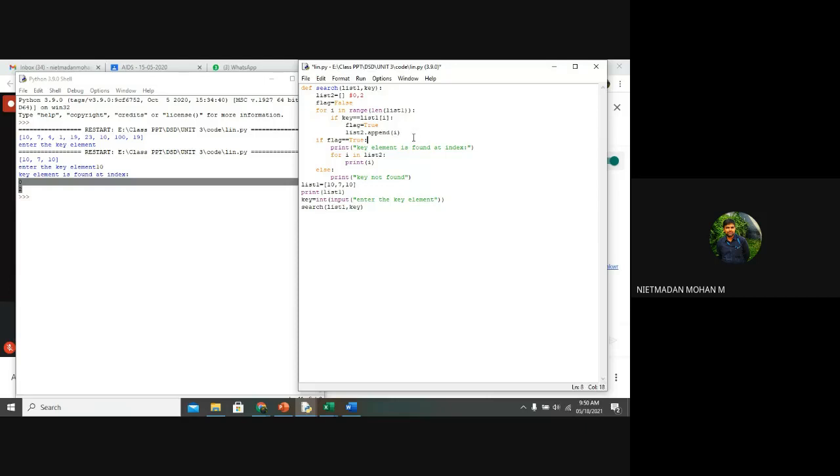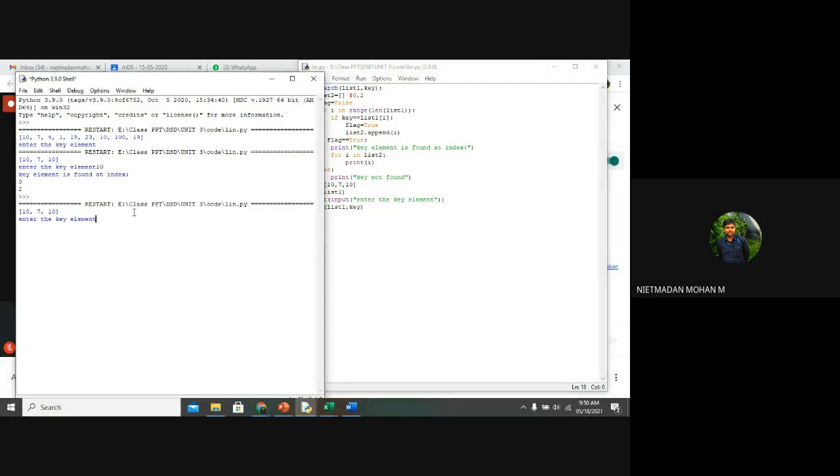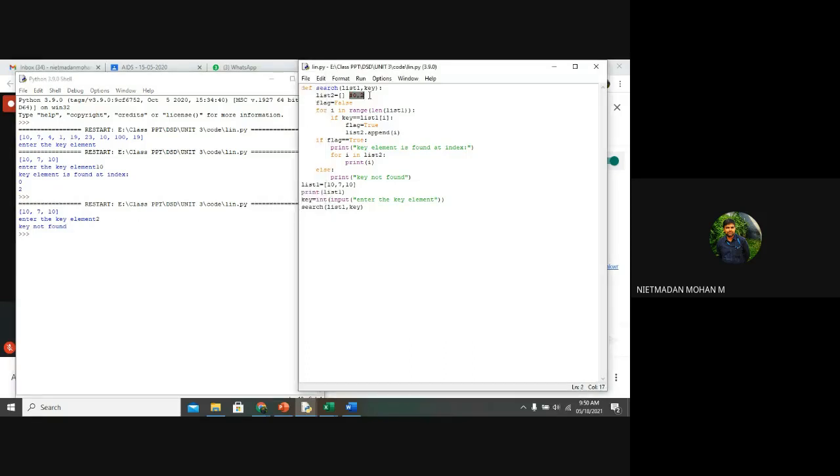Clear? Yes, sir. Now you can see here that if suppose I am searching for an element 2, it will be not found. So I will give you this same example also, how it will be not found. So here we create an empty list and we are assigning a variable called flag equal to false, for I in range of length of list 1, the index value will be starting from 0.